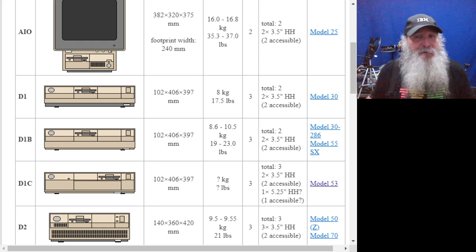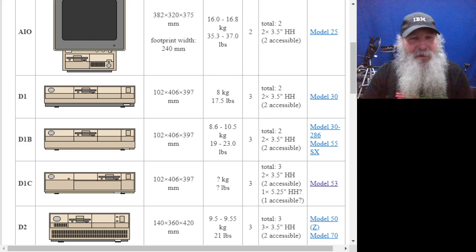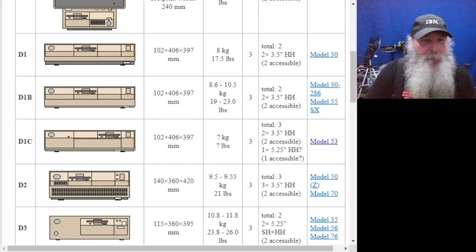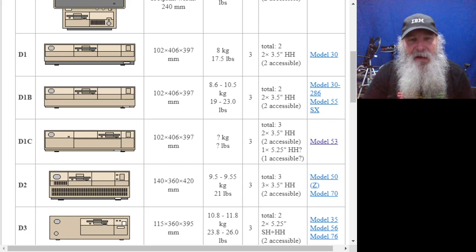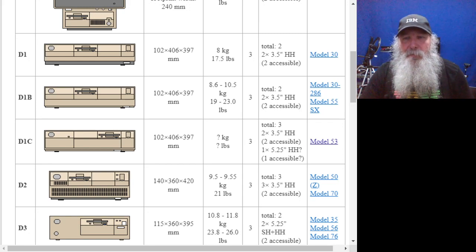We're talking about factory configurations too. We're not talking about somebody going through and modifying the case and changing those drives around and kind of playing with things of determining what the model is. But as shown in this diagram, they are going to follow the factory appearance of that front bezel to look like what is displayed. So immediately below that, we're going to get into the D2, and that being the Model